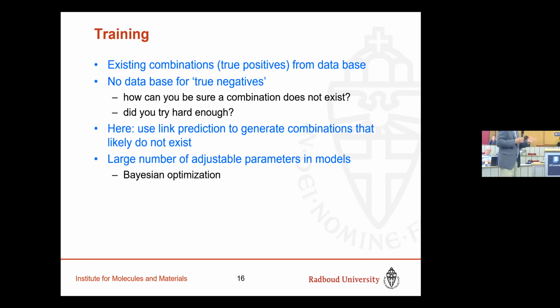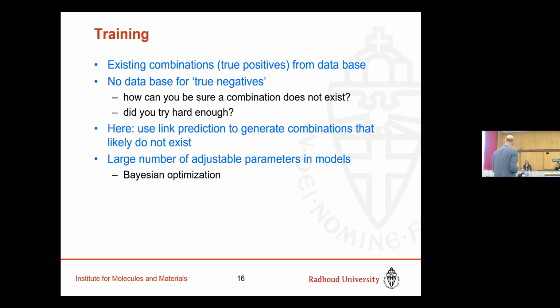And we've seen examples also this week of where theory can provide unlikely cases. In our case, what we did is to use the link prediction that I just described to make a data set of unlikely combinations.